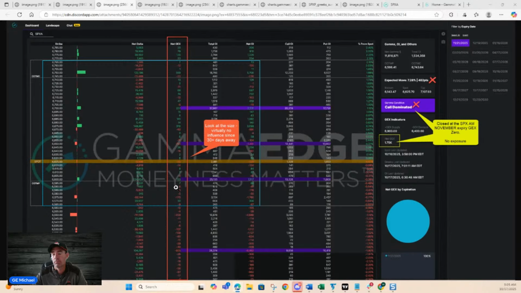So not a lot of positioning already in the November SPXA. So we'll continue to watch this. As you can see over here, it is call dominated though. So again, that structure would be supportive for pullbacks or moves to the upside. But we want to see this net GEX continue to fill in, indicating where the institutions are positioning for the